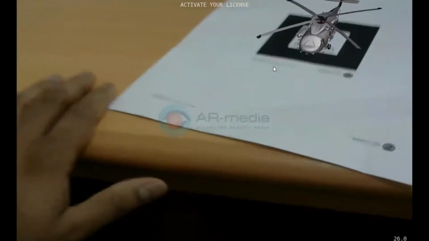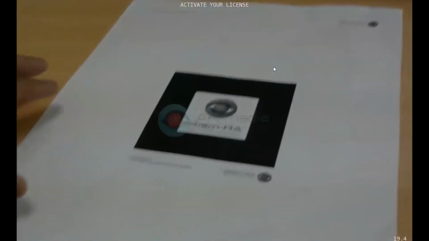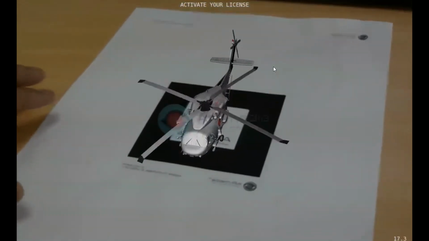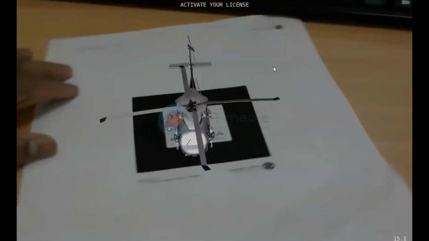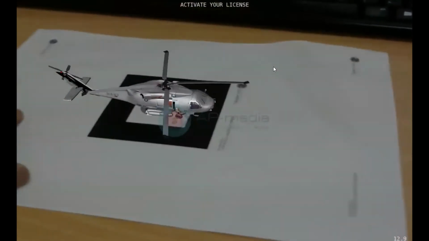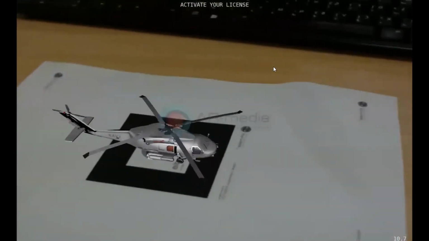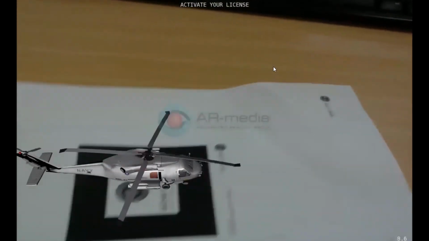So when you rotate the papers, there's no problem. You can see all the portion. Even if I take the paper,